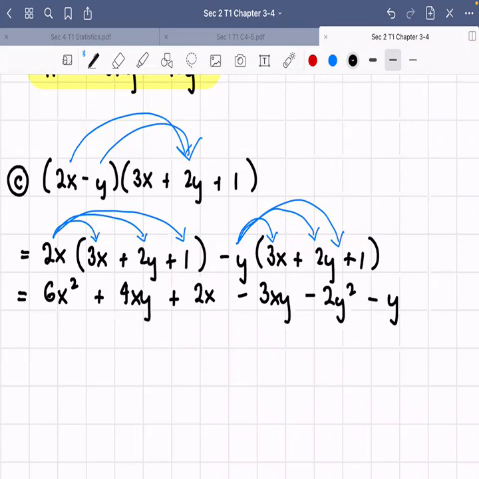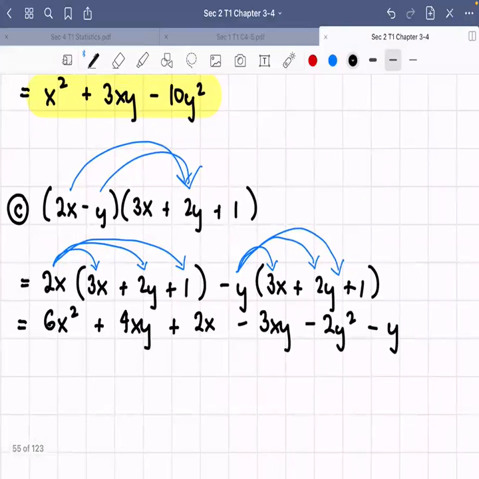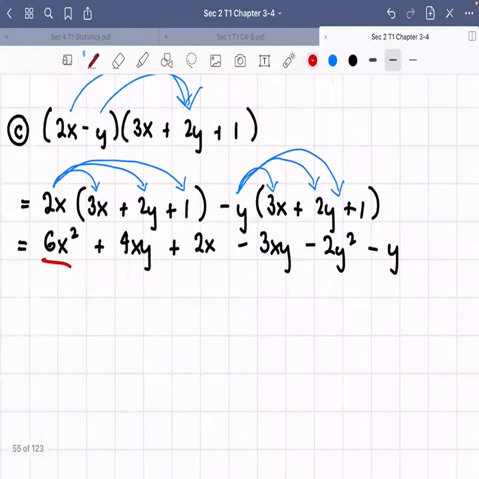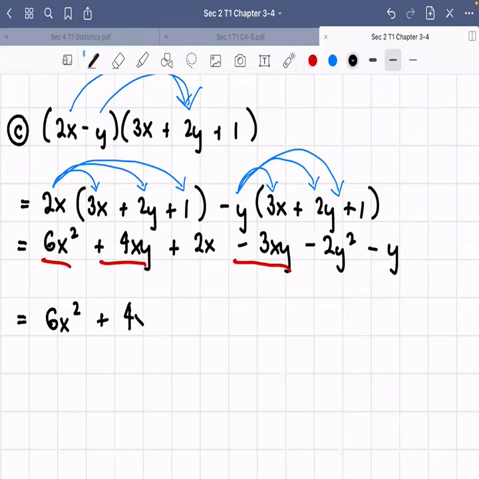Okay, so let's combine like terms. This thing goes first here. So this is equal to 6x squared. How about xy? We have positive 4xy and negative 3xy, and then 2x, so plus 2x, and then